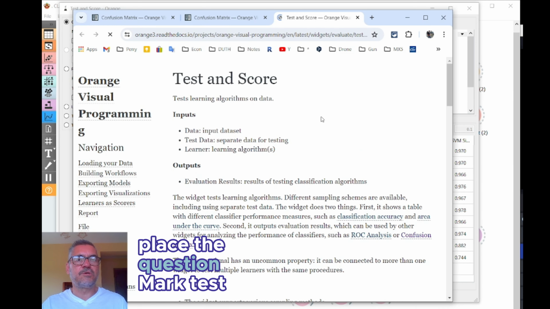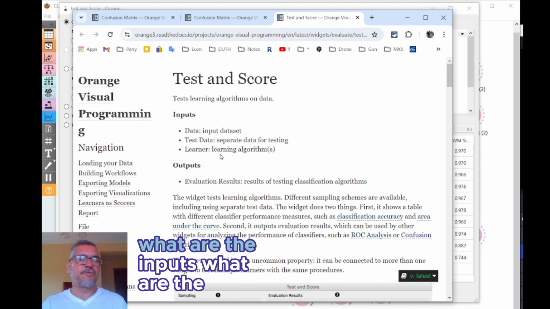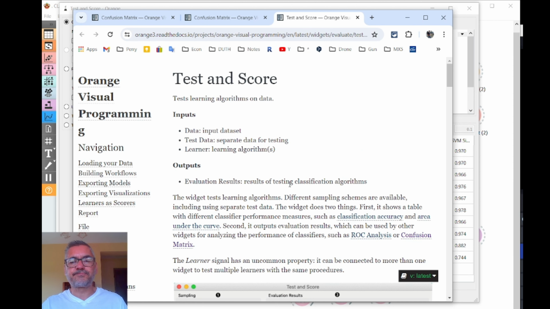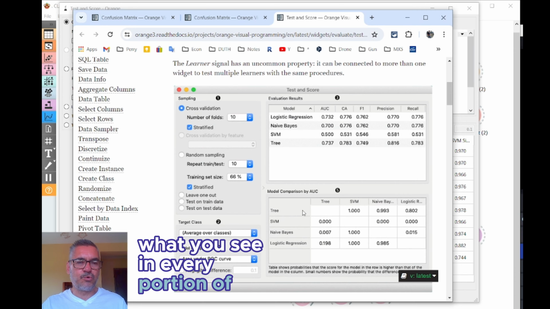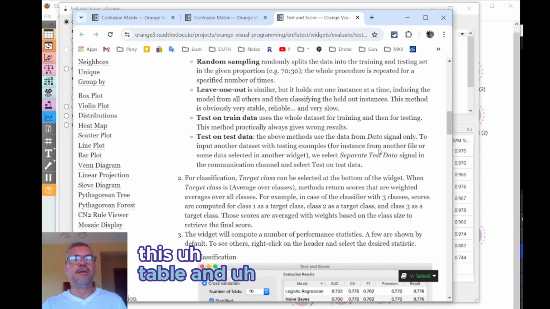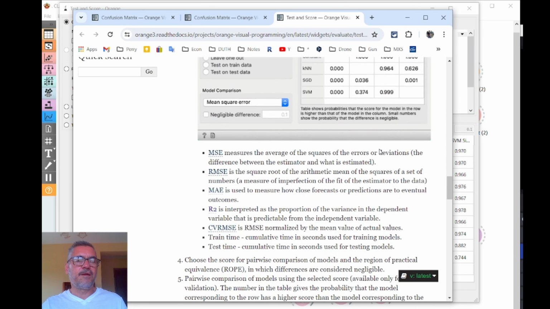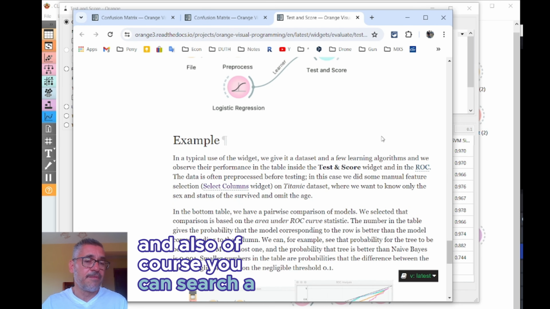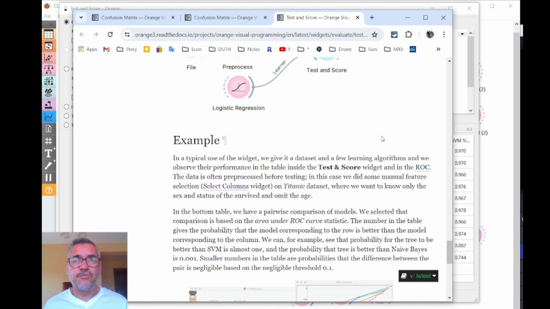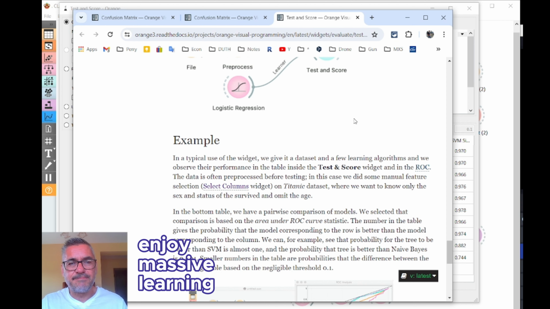Again, press the question mark, test and score. What are the inputs? What are the outputs? It explains the widget, what you see in every portion of this table, and everything is here with examples, and it is easy to understand. And also, of course, you can search a lot of videos. There are a lot of videos on YouTube that explain all these things, and of course, in general, in machine learning,